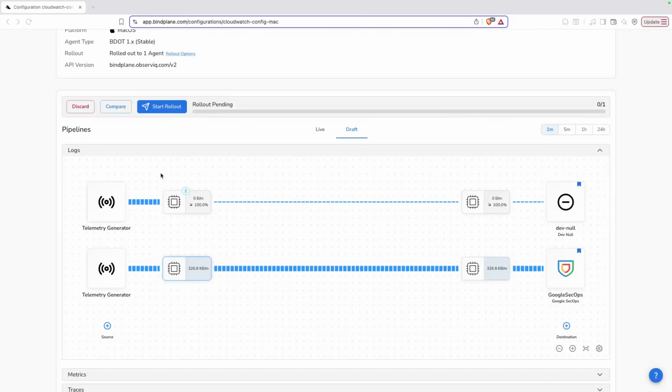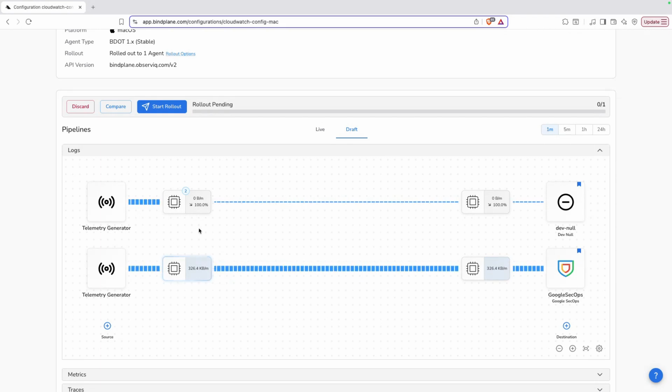I've gone ahead and navigated over to Bindplane, where I've already got a configuration created and rolled out. This configuration already contains sources, processors, and destinations that we'll go over shortly. The sources that I've got are creating events that are similar to ones that you would find coming out of CloudWatch if you've got CloudTrail enabled. These events are often super verbose and read-only, so we don't necessarily get a ton of benefit from storing them